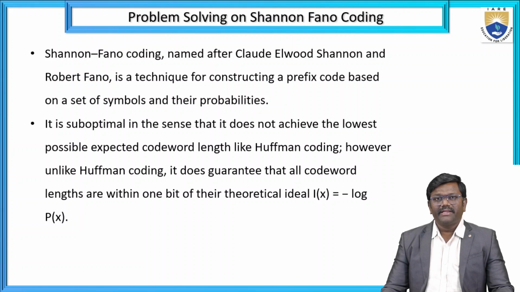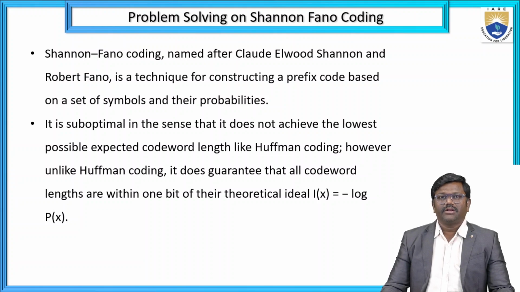First of all, you need to understand what Shannon Fano coding means. It is named after Claude Shannon and Robert Fano, and it is a technique for constructing a prefix code based on a set of symbols and their probabilities. It is also suboptimal, in the sense that it does not achieve the lowest possible expected code word length, like